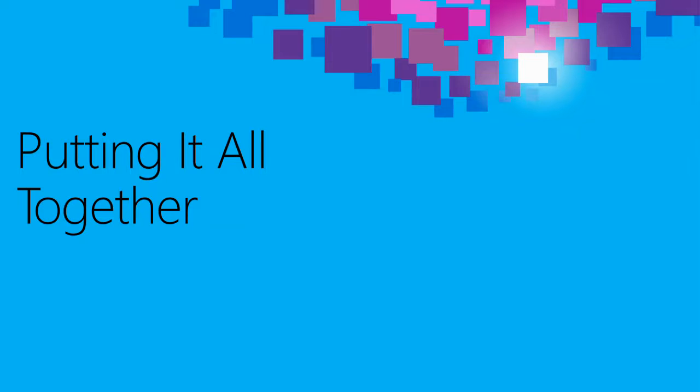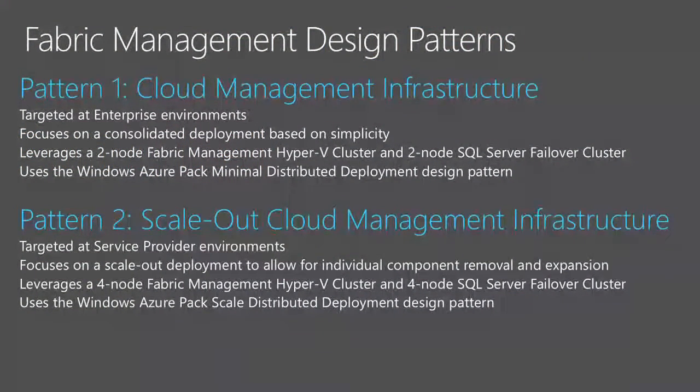So let's pull this all together. Now that we understand all the different components in System Center, we understand what areas that we have inside Azure Pack and how that gets put together. Well, how does that come together for fabric management design patterns? Well, we build two patterns for this as well. We have what we call the cloud management infrastructure for enterprises, and we have scale-out cloud management infrastructure for